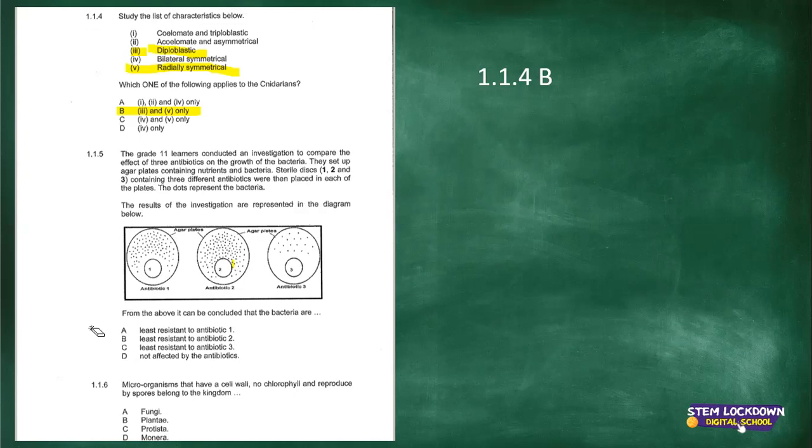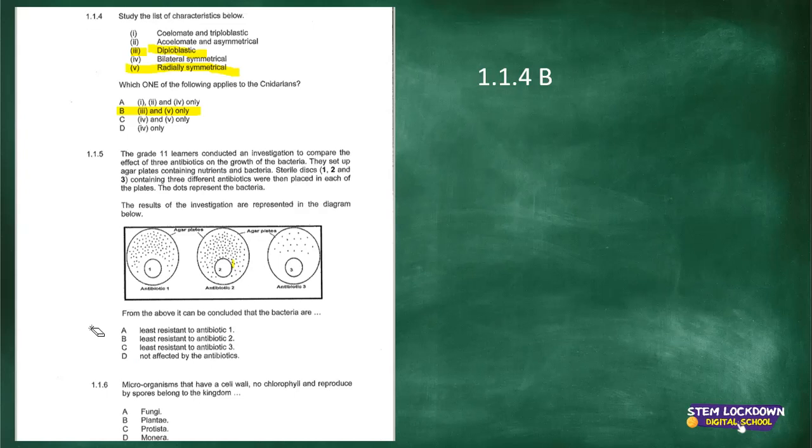Sterile discs 1, 2, and 3 containing 3 different antibiotics were then placed in each of the plates. The dots represent the bacteria. So you see the dots there. The results of this investigation are represented in the diagram below. So antibiotic 1, antibiotic 2, antibiotic 3. From the above, it can be concluded that the bacteria are